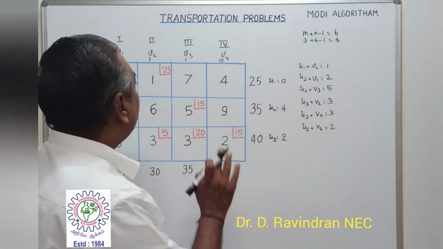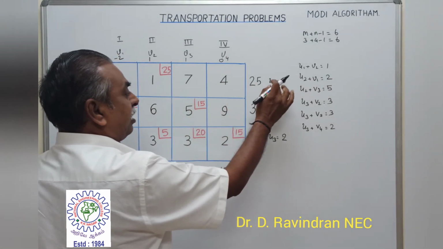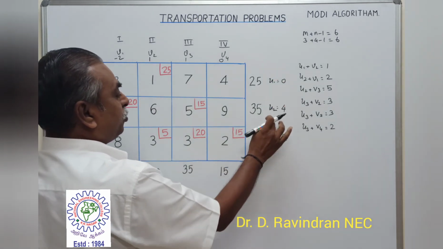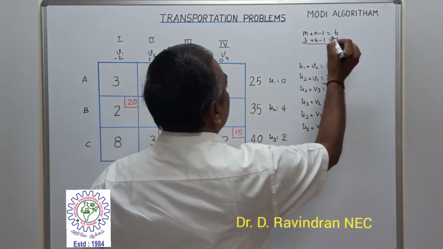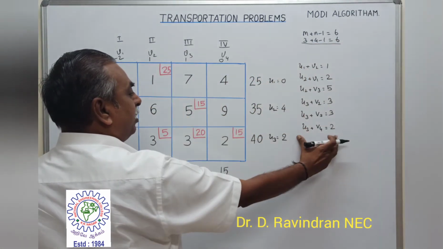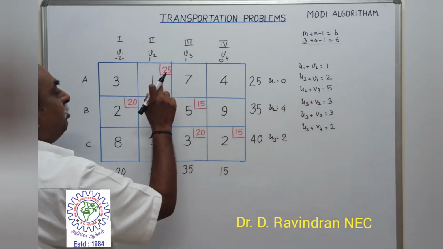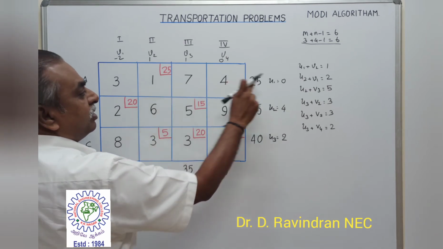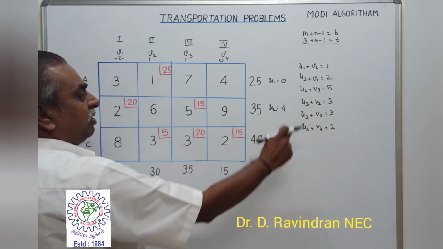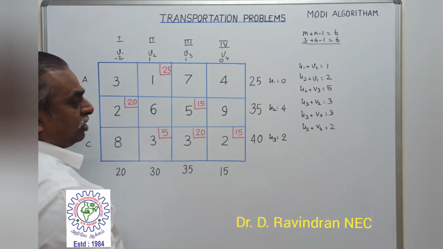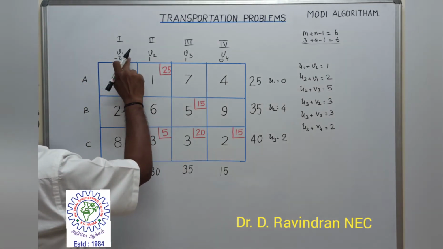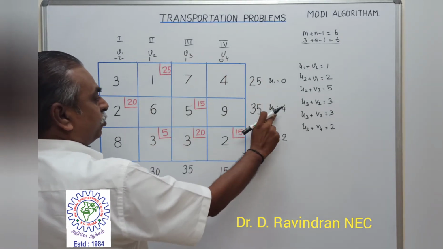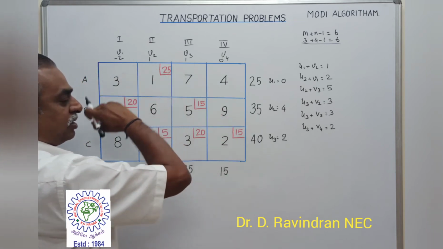There is no change. Now here again we are finding UV values, the row as well as column values, U1, U2, U3. Before that we have to check whether this condition is satisfied or not. Now after forming the equations based on basic cells, that means U1 plus V2 equals 1. By this method we have found the row as well as column values as V1 is minus 2, V2 is 1, V3 is 1, V4 is 0, and U1 is 0, U2 is equal to 4, U3 is equal to 2, just like the previous one.